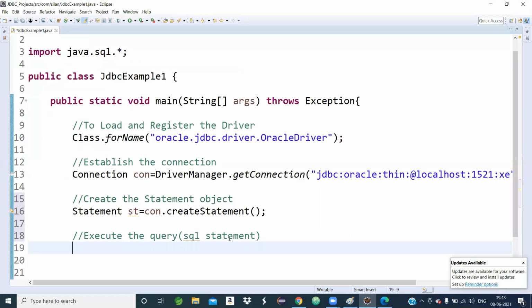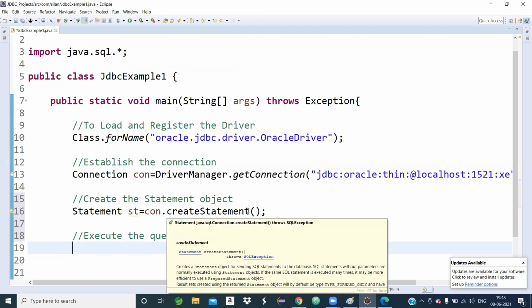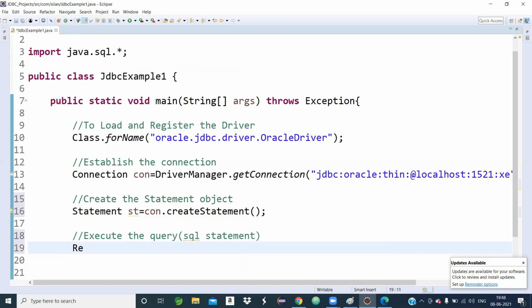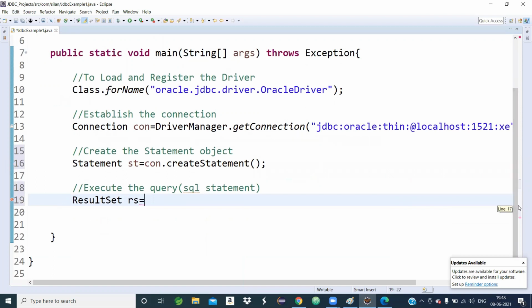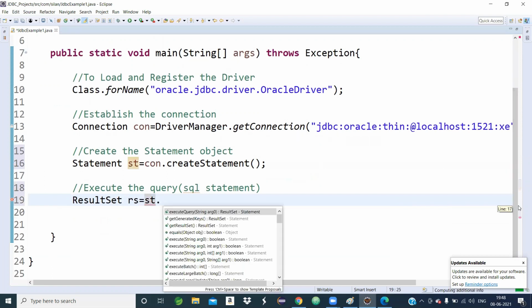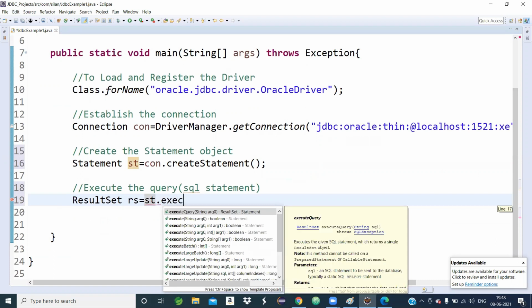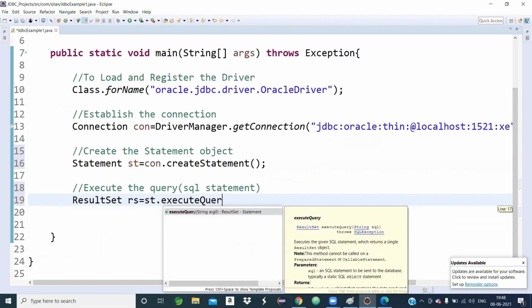Execute query method is such a method that it will return a ResultSet object. ResultSet is an interface. This is my output, rs is my output object. So how am I executing? st dot execute query.